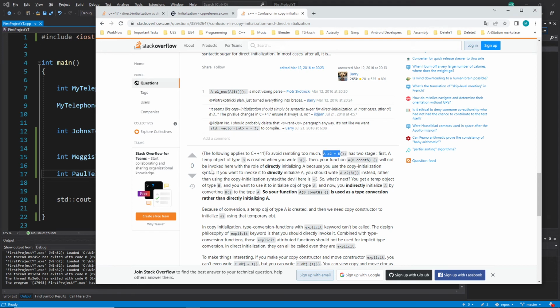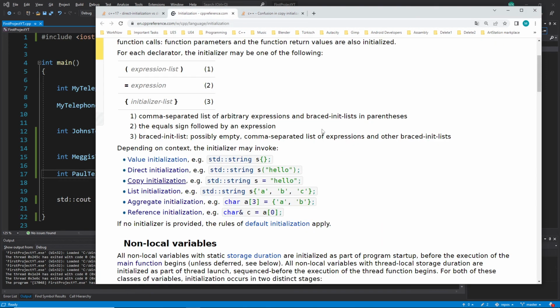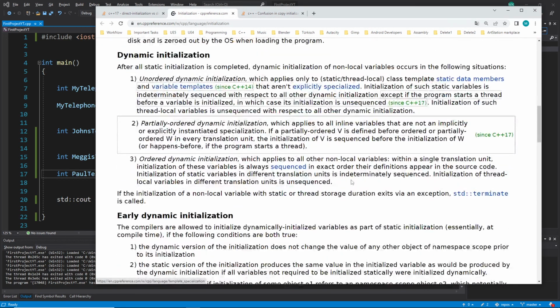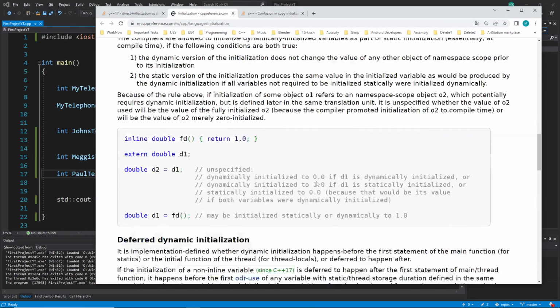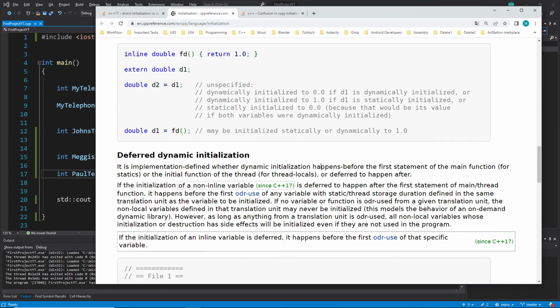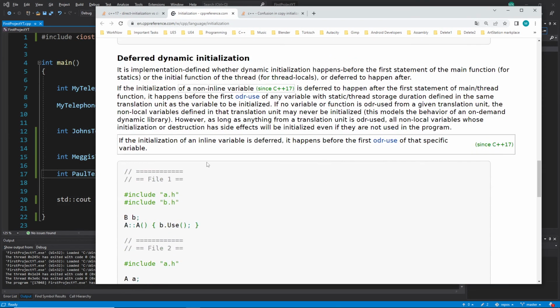Has two stages. First, temp object. You see he's using again a technical word. And what I want to point out is when you go on, you will see they also use technical words, but these technical words are most of the time very basic words, not compared to this one. Here we have some formal words, which are a little bit not so basic, and they are making more complex